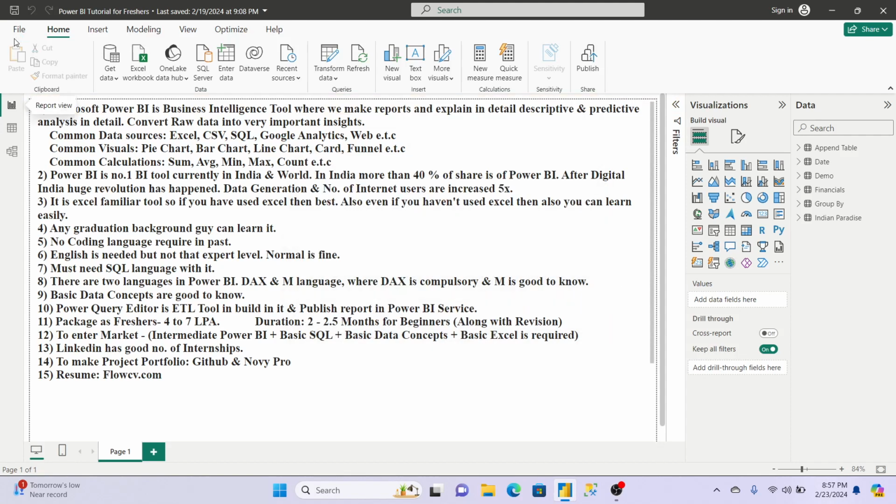And after that, in Power BI Desktop here, press Control S, so that whatever you have worked on will be saved. Here you can see the last save was that day, and today it is showing 8:57. Now your Power BI file is saved. Otherwise, whatever you had worked on will be vanished, automatically removed. So now you can click here and close it.